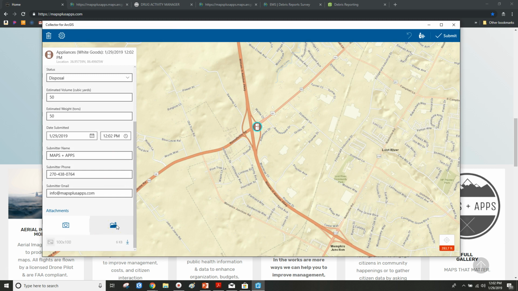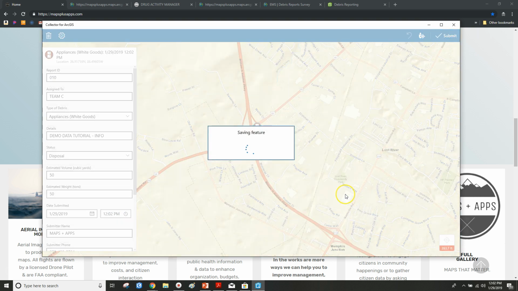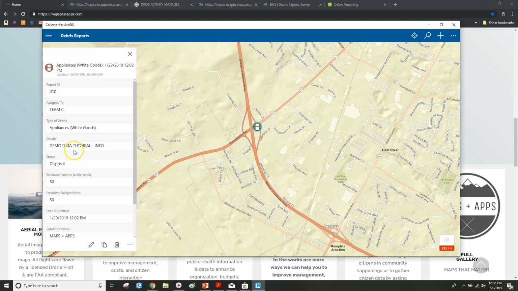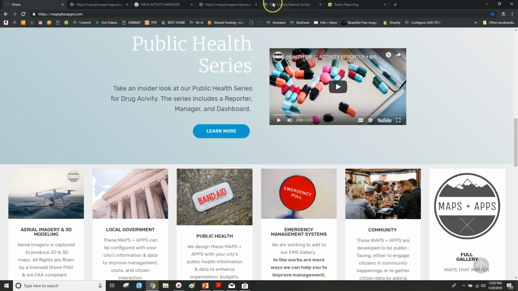And then they could also add a file. Once that's complete, all they have to do is hit submit. And now the data has been updated. So let's close out of that and take a look